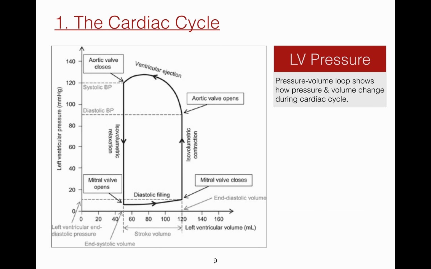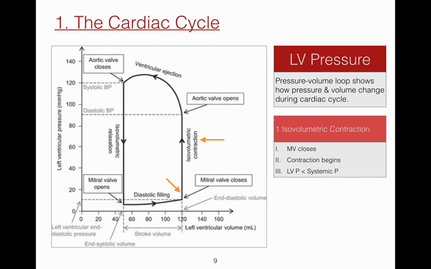An LV pressure volume loop is another way of showing how pressure and volume change during the cardiac cycle. Again, concentrating on events during systole, the mitral valve closes when LV pressure exceeds LA pressure. This is followed by isovolumetric contraction when the LV contracts and pressure rises rapidly,